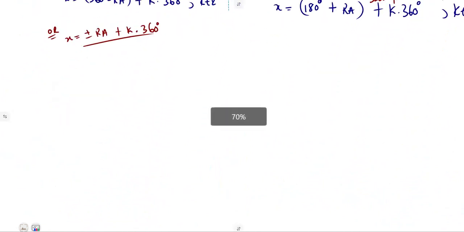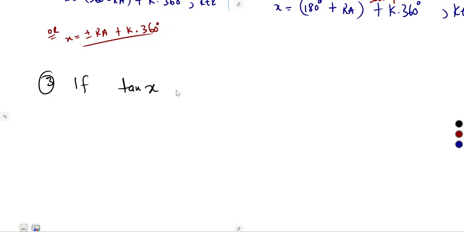Then the last one is for a tan. So the tan of x, if we are given that one, that's the third and the last trig equation, the format that you must have. If we are given the tan of x being equal to a, just like the previous case where our a is greater than or equal to -1. So in our case now, it cannot be -1 because tan